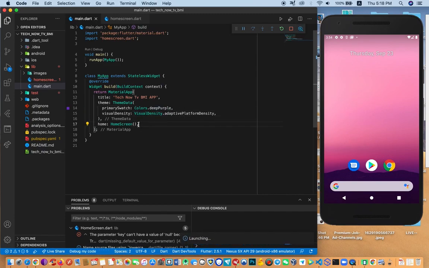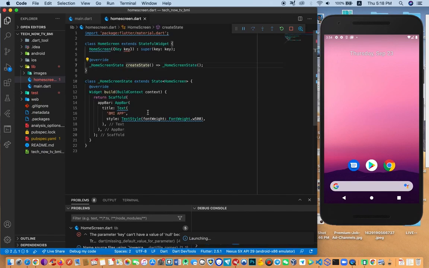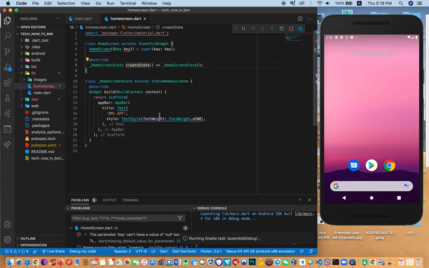Let me first add the background for the app bar. Yeah, and then we'll just add some elevation to it. Okay, so before I debug the app, let me add this as we go on. So I'm gonna add the background of the app bar. Yeah, I wanna keep that